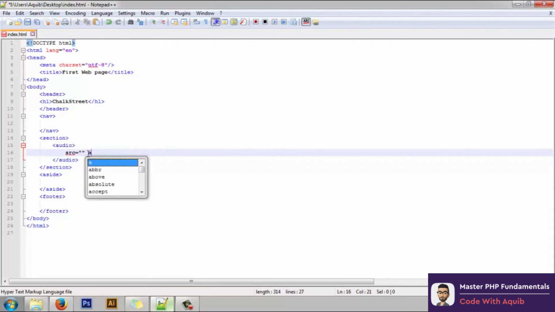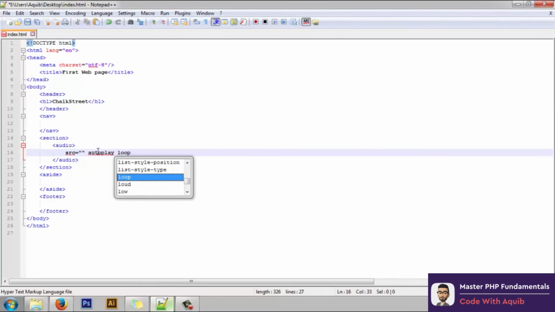We have something called as autoplay, which basically means that whenever you add something, it will start playing automatically when the page is fully loaded. And you have another thing called the loop, right? You need not mention anything, you just need to type these words as it is, as I typed after the source tag. So this will basically start the audio automatically and run it till the user closes the browser or